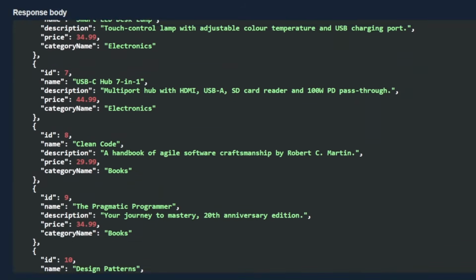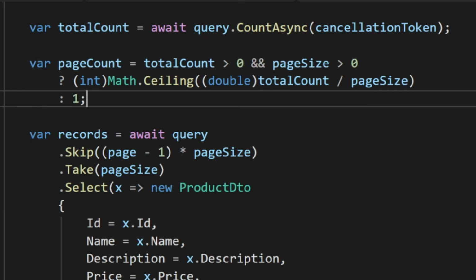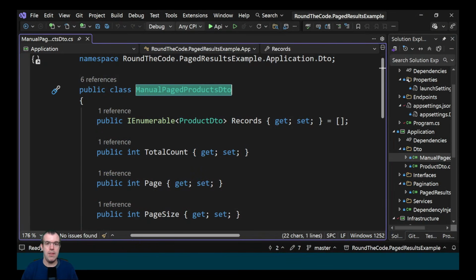If you're repeating the same paging logic like count, skip, and take across your application, you're adding unnecessary code to your app. Let me show you a cleaner way. This is an example of a page results class, and the problem with this is that it's tightly coupled to